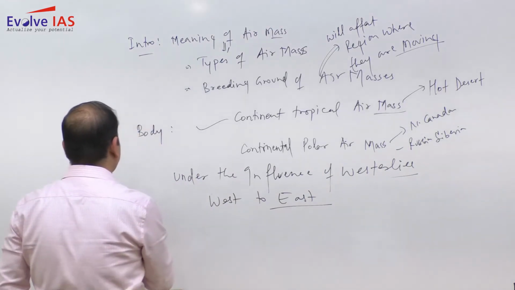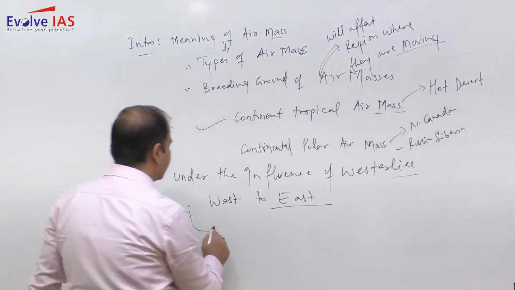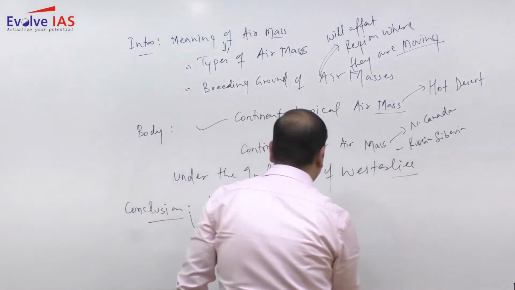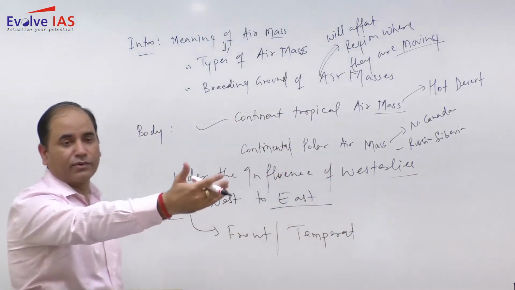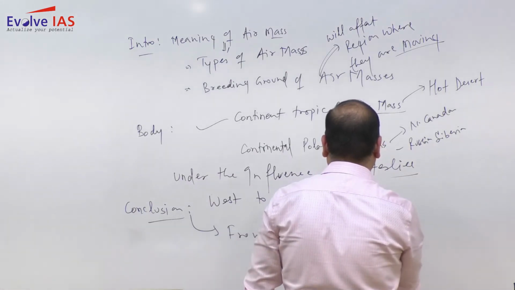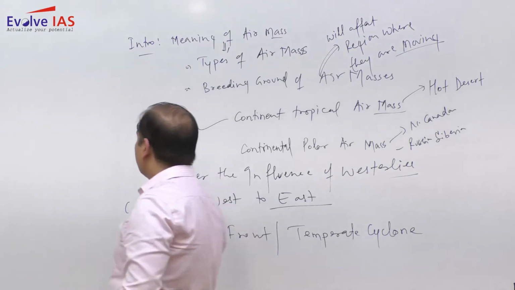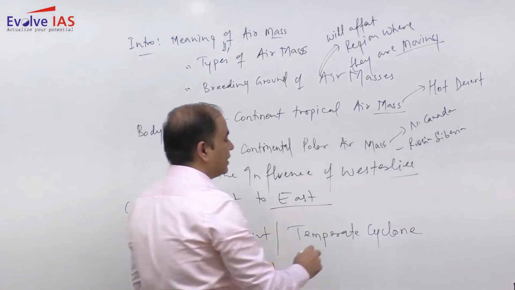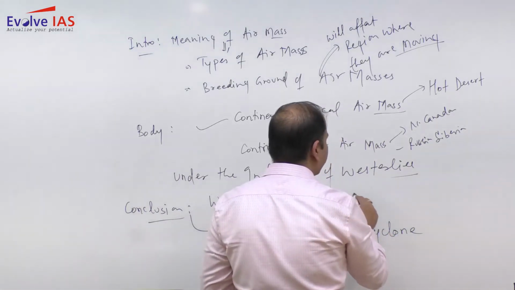Now as far as conclusion is concerned, so this part of the front and associated in case of higher latitude, the front is nothing but the frontogenesis is also referred as cyclogenesis. You can give the references of front and temperate cyclone, and this front and temperate cyclone is almost their economy,